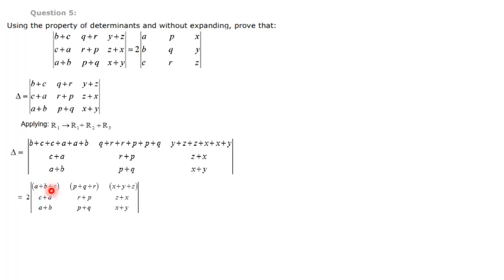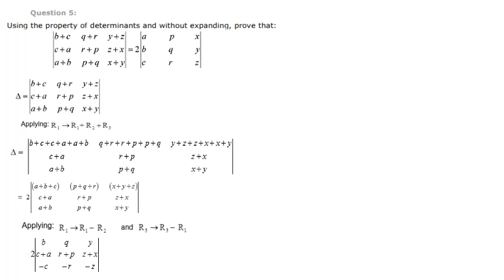Now it is very easy to reduce it into a single form. Now you can check A plus B plus C, C plus A. When I subtract these two, C will be cancelled, A will be cancelled, and I will get B. Actually the first element here is A, but it doesn't matter, we can interchange the rows, so the order is not a problem. So go for the operation, that is R1 changes to R1 minus R2. At the same time I am going to do another one also: R3 changes to R3 minus R1.